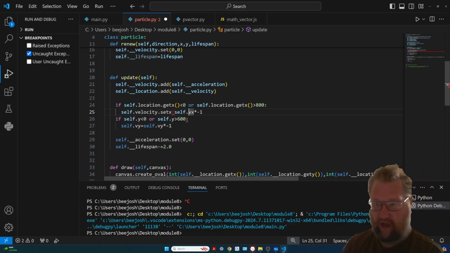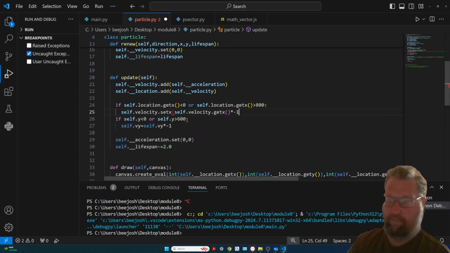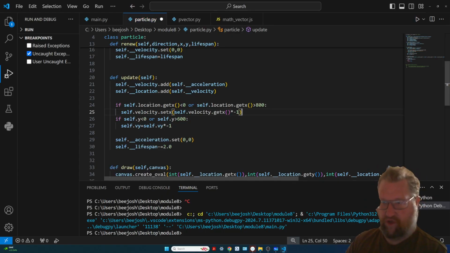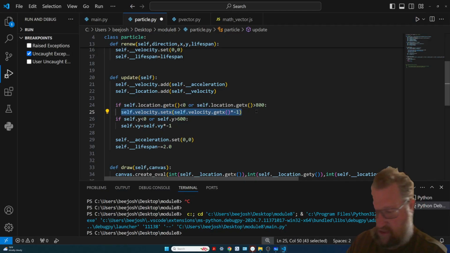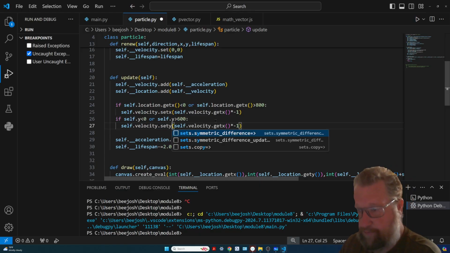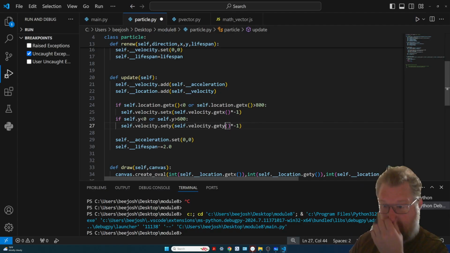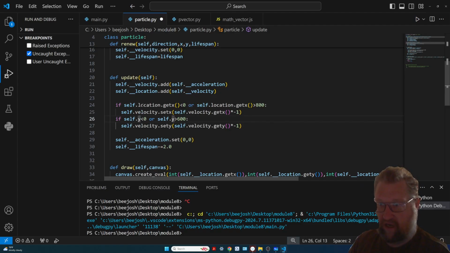The current velocity dot get x times -1, so that it goes in the opposite direction. And then we can just copy this and do the same thing with the y. Set y, get y. And then this is going to be location